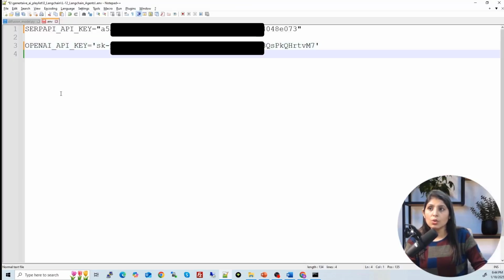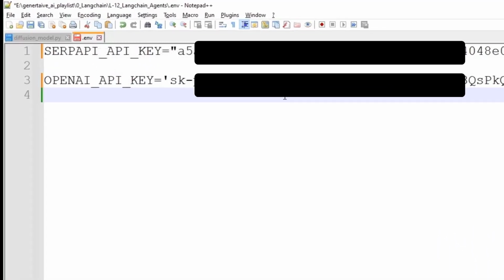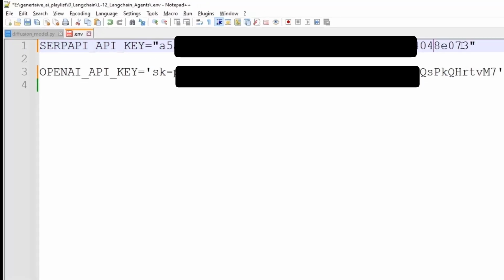After that, you will create a .env file. Guys, these API keys are wrong. These API keys will not work, so use your own API keys. Okay, so you will create a .env file, and in the .env file you'll write SERP API key like this, and in these double quotes you will paste the API key from the page which shows you the actual SERP API key.